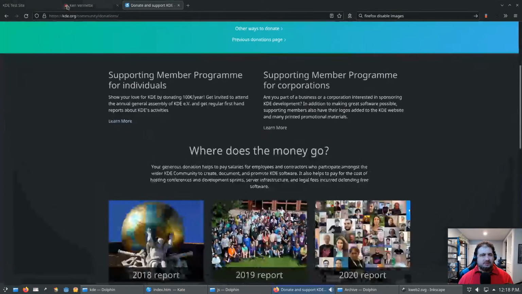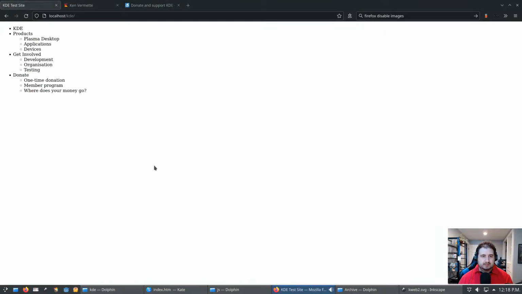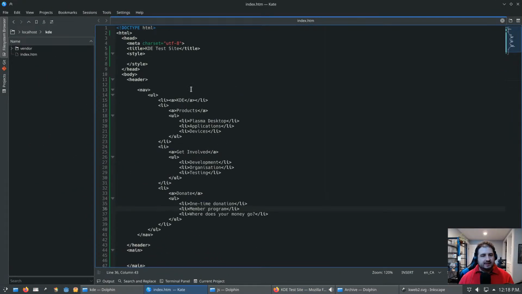these are just placeholders. If we refresh, this is what the site is starting to look like here. And again, I want this site to be very legible with just the HTML, because that way a screen reader is going to do really well on the site. So one of the first things I'm going to see here is